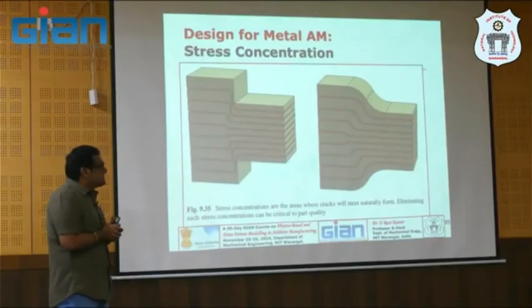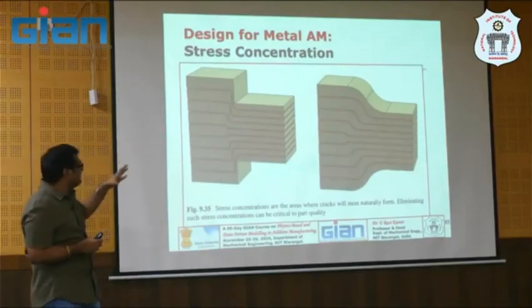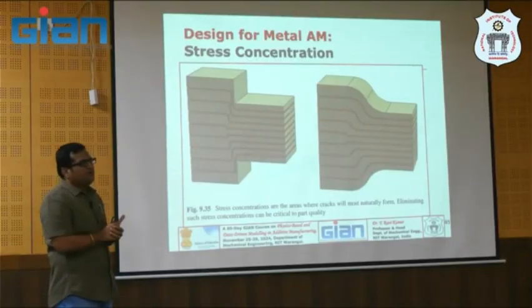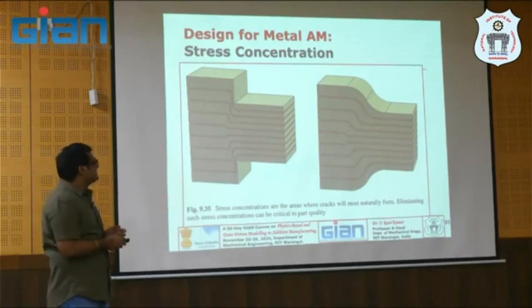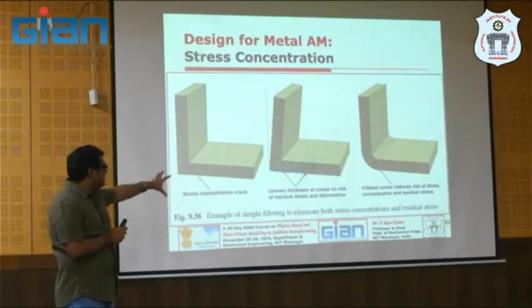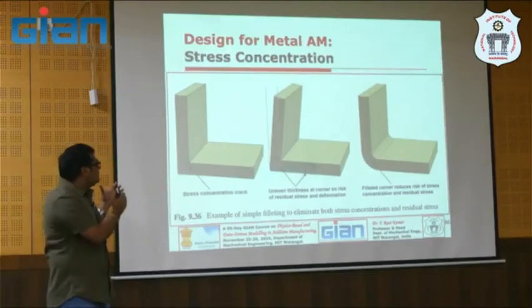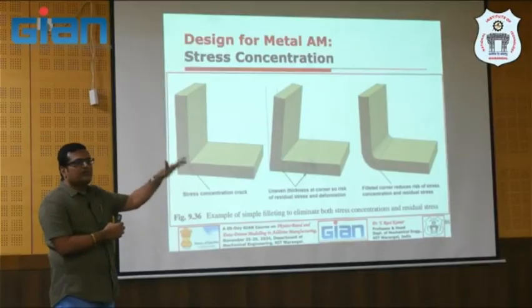And of course the stress concentration, yes. The stress concentration here also, you can see, avoid abrupt kinds of features, and use some filleting or something like that, so you can minimize this kind of stress concentration in the parts that have been built, right? And here also uneven thicknesses may create a lot of residual stresses and deformation, right? So you try to keep a uniform thickness across,